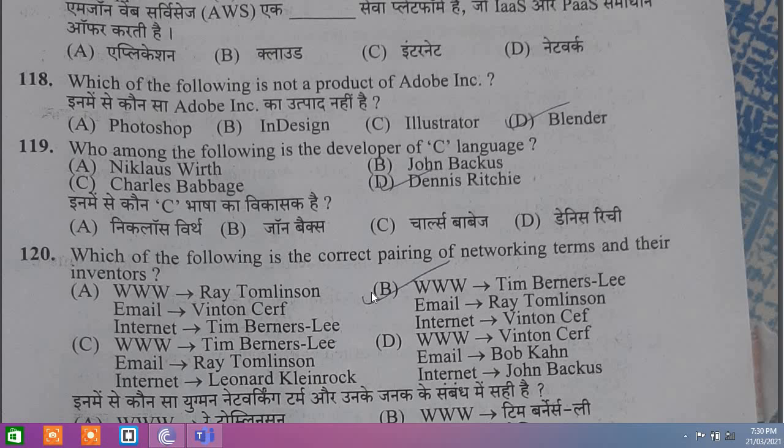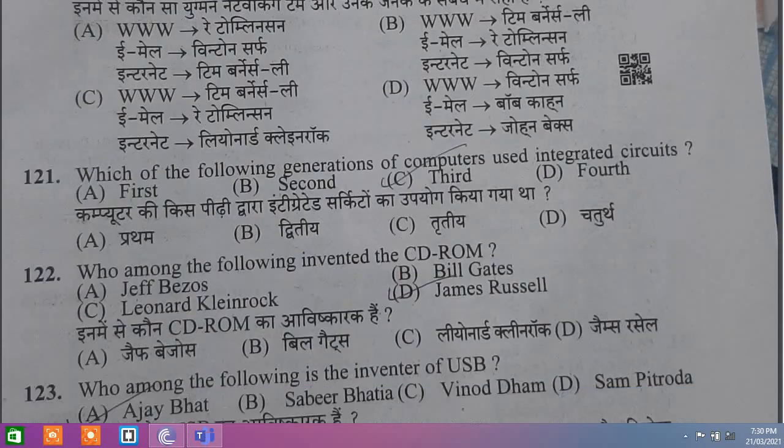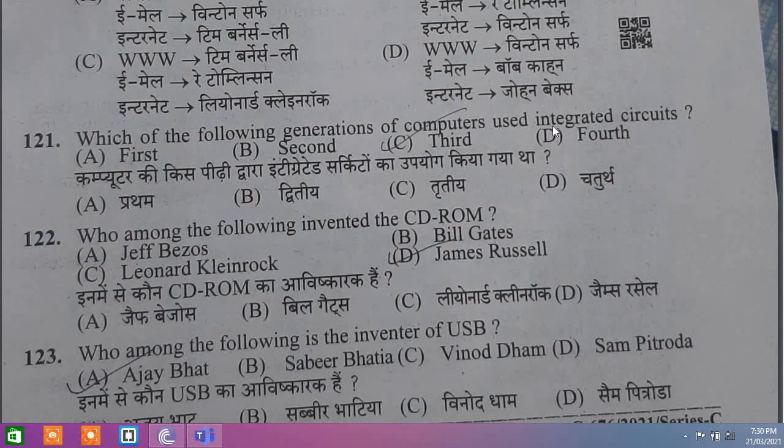So the correct answer here would be B. 121, which of the following generation of computer use integrated circuit? So the correct answer is C, that is third. As in first generation was using vacuum tube, second generation was using transistor. So in the third generation, we used integrated circuit. So third, that is C, is the right generation.